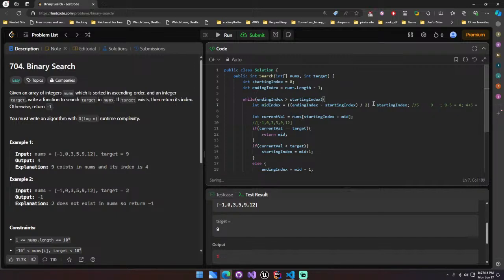no, this is wrong, this is not starting index. Oh, we haven't divided it by 2, we're supposed to divide it by 2. Divided by 2, yeah, so it's gonna be 2, right? So our starting is 5, and then we end up at 2, so it's gonna be 5, 6, 7, so it's gonna be at 7, so 7 is going to be our mid index. So if we do this, mid index,